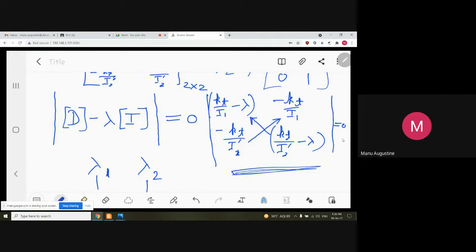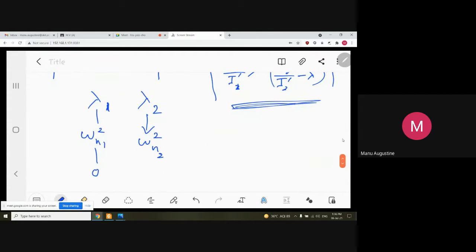इसके रूट्स निकालो आप. यू विल सी दैट द फर्स्ट रूट λ1 इज 0. 100% 0 आएगा. Only one frequency will be obtained, omega n2. So this is how you solve it. ठीक है. अगर इसी सेम प्रॉब्लम में,